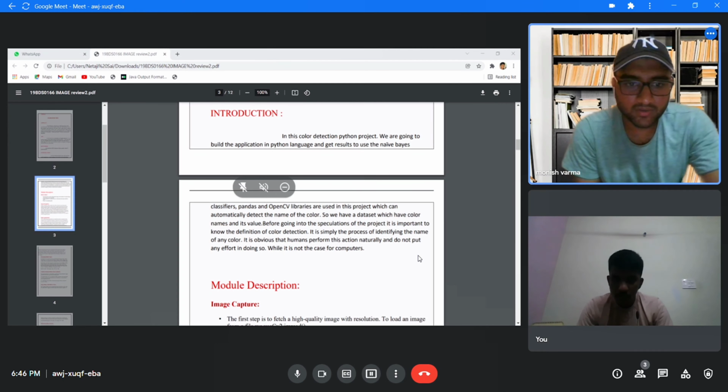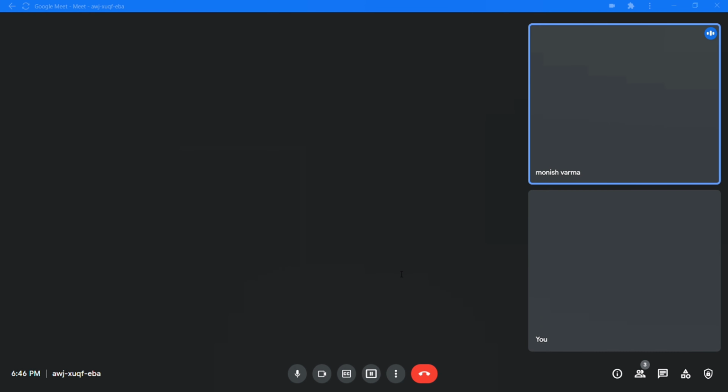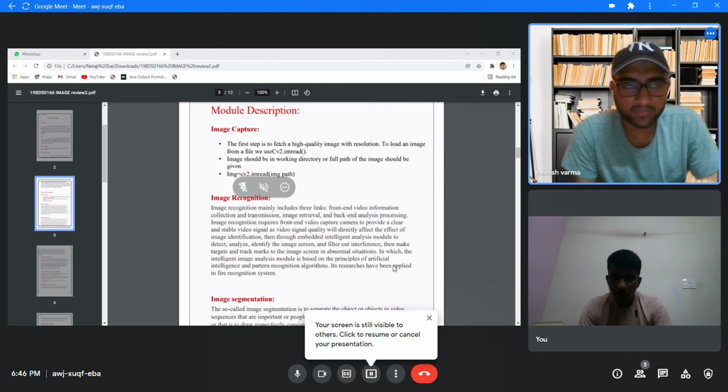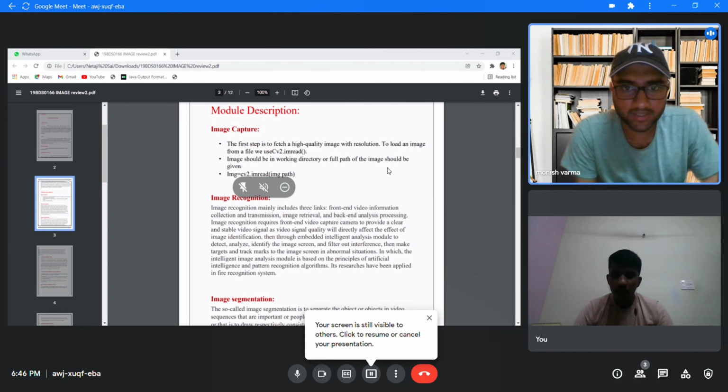Coming to the features we use in this project, first we capture the image from the device. The first step is to fetch a high quality image with good resolution. To load an image, we use a command called cv2.imread. This function takes the image path which is present in our device.